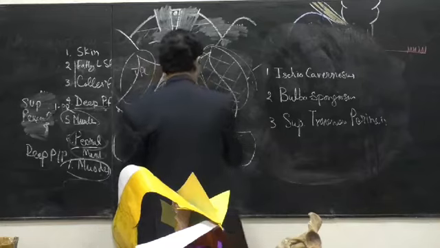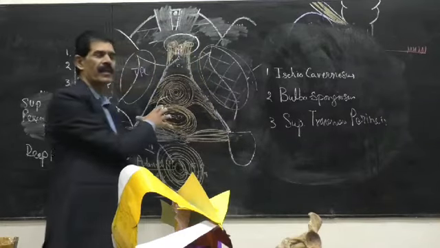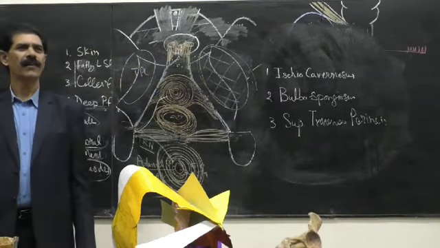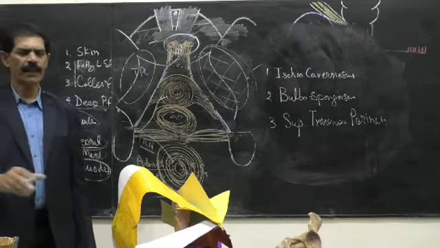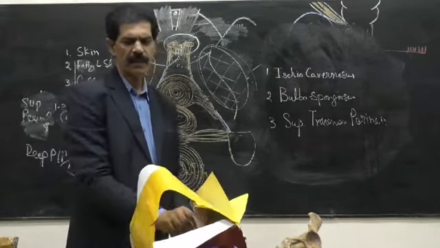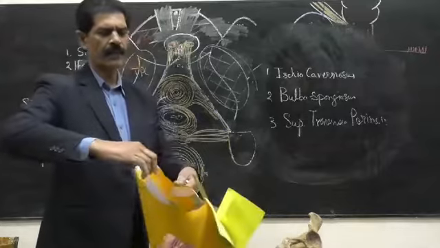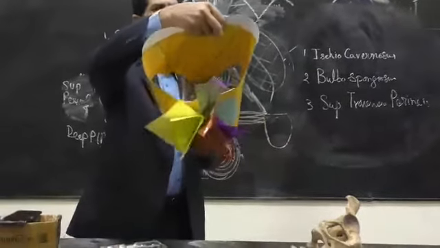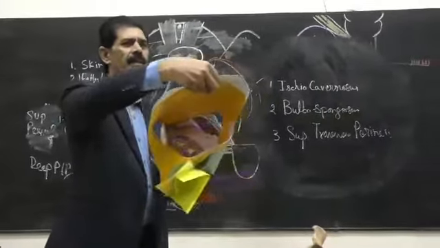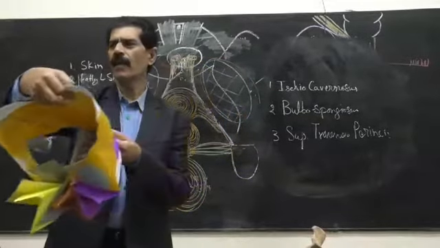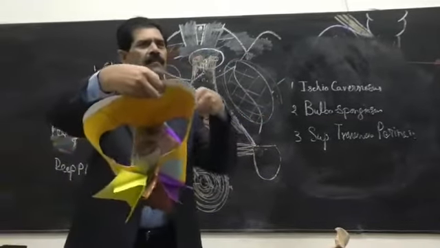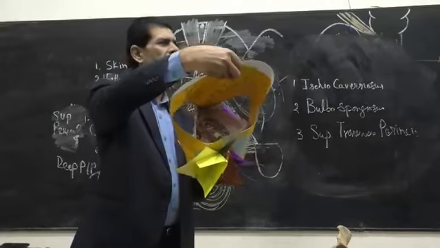When I remove these muscles, what will I reach? I will reach the pelvic cavity. And the pelvic cavity is covered by a muscle. The pelvic inlet and outlet is covered by a muscle that is called the levator ani muscle. Levator ani muscle has 3 openings: urethra, anus and the vagina.